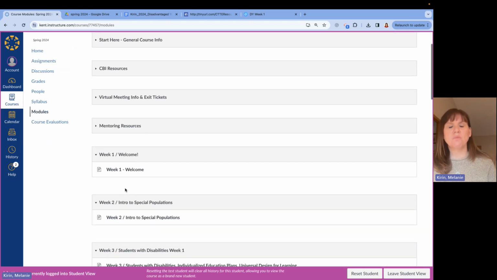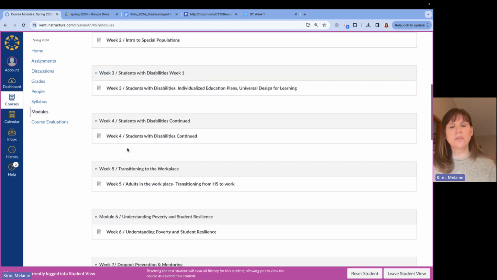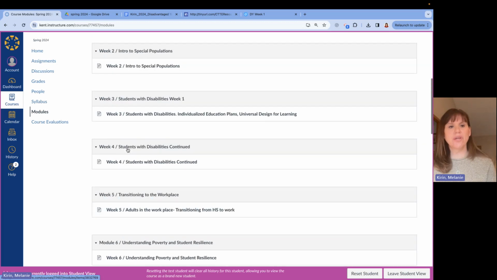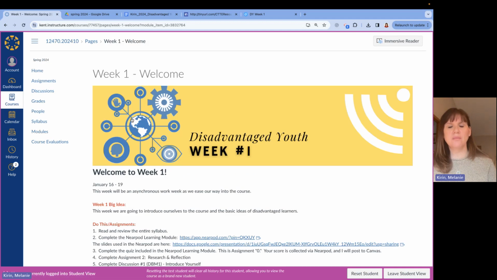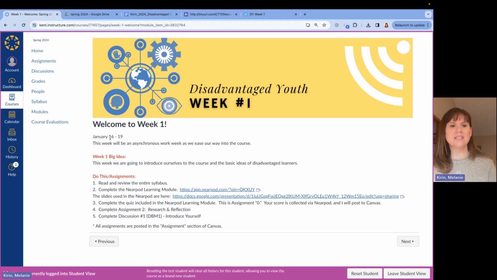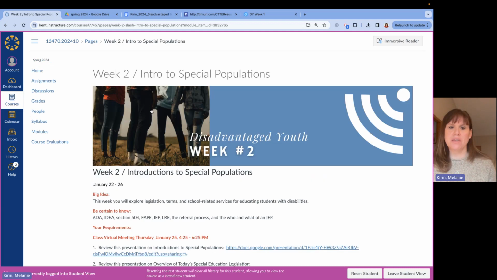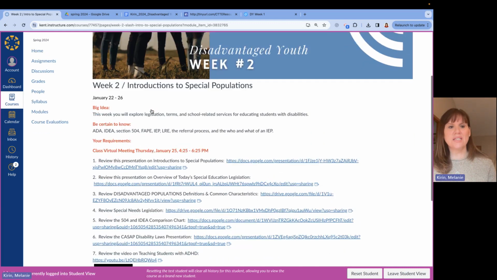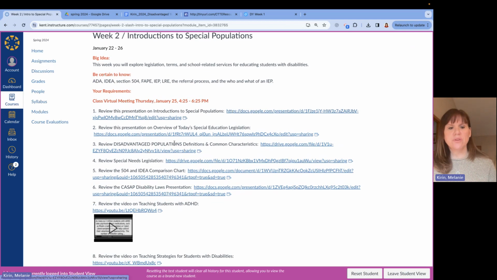And then you can see it's week by week. So we have 15 weeks of class, and each week is laid out here for you. If I go into week 1, it'll say week 1, welcome. Here's the big idea, the dates around it, do this, or some assignments. So week 1's an easy way to start out. You're actually doing it. You found it. Then you see week 2, we get a lot more information. The dates, the big idea, things to know. All the resources are in here.